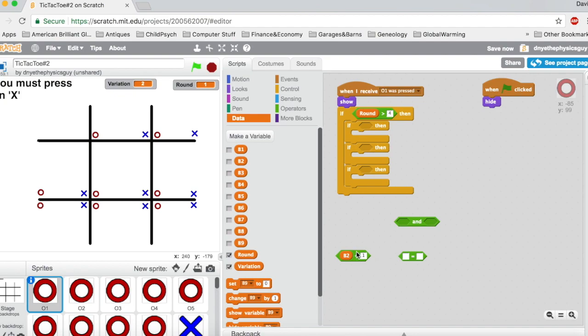If B2 equals, don't forget, we set the O's equal to 2. If that box is filled with an O, we set that box equal to 2. So if we have O's going across, this one and this one will already be equal to 2 when we go here, and then we'll have 3 in a row. So if B2 is already 2 and B3 is already equal to 2, then we're going to broadcast a new message. And that message will be